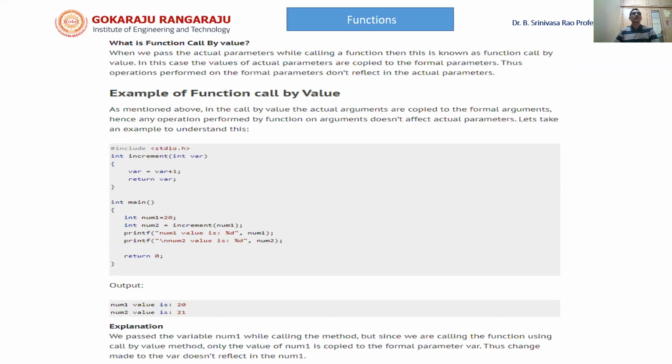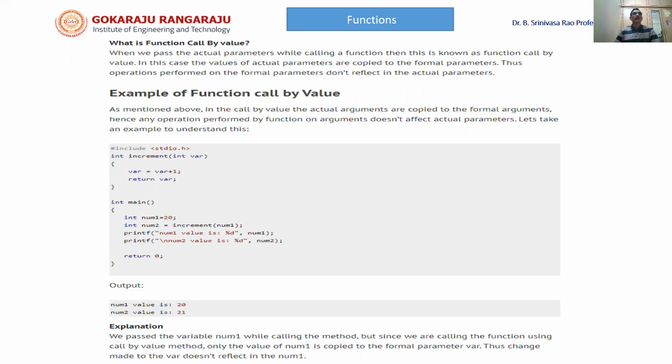Let us take an example of int increment(int var). Here int var is the variable or parameter. var = var + 1; return var.